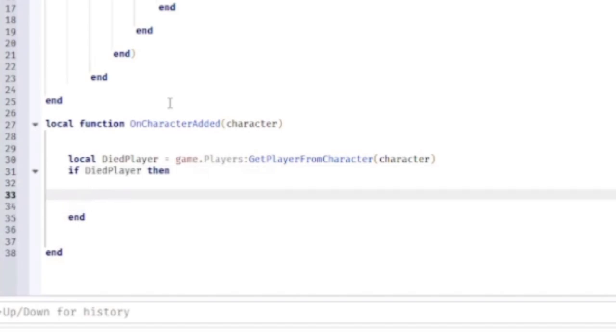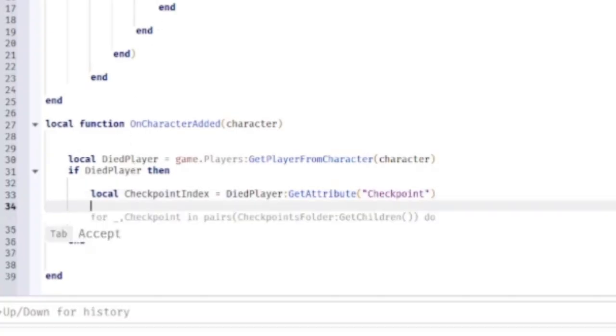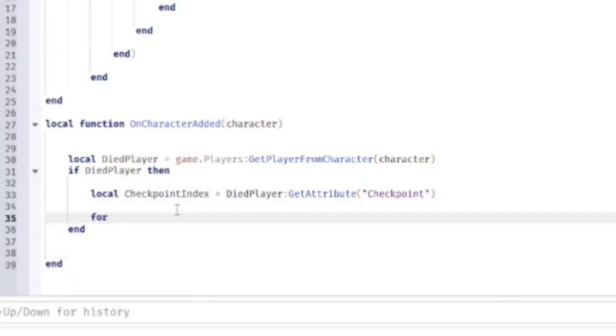Then we're going to create a variable, local checkpointIndex equals diedPlayer:GetAttribute, and that attribute is going to be the checkpoint right over here. Now after doing that, we're going to loop through the checkpoints folder one more time by typing for _, checkpointPart in pairs, and the parameter is going to be the checkpoints folder